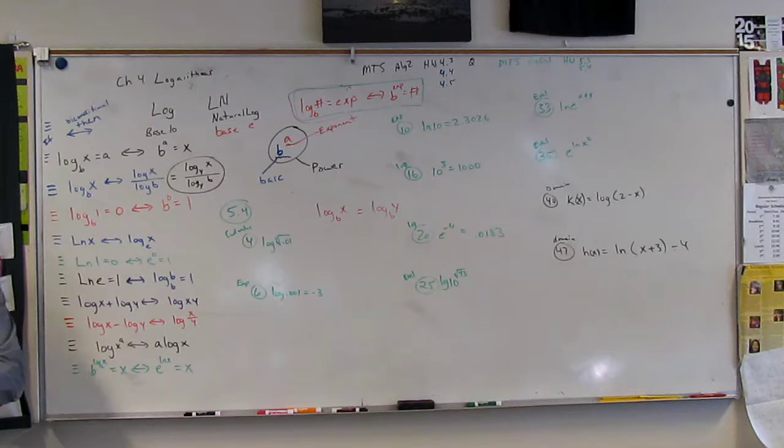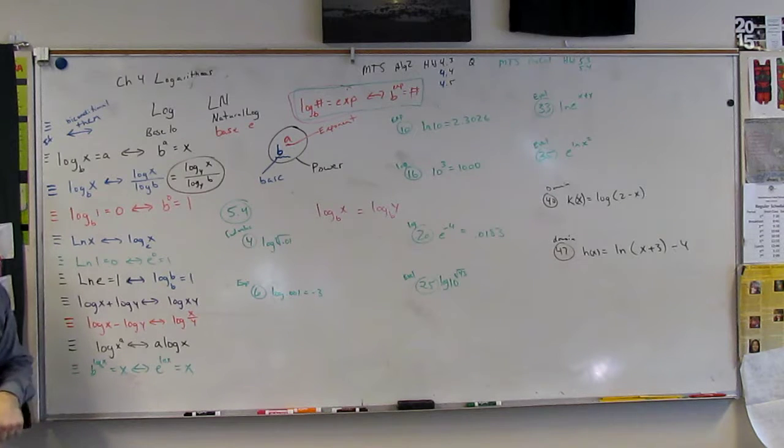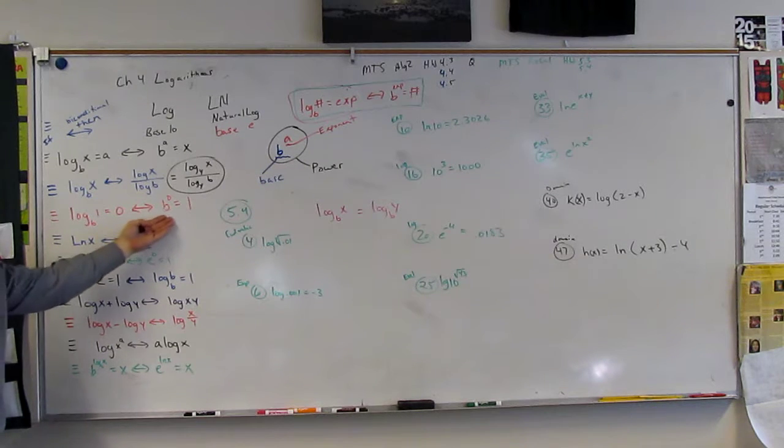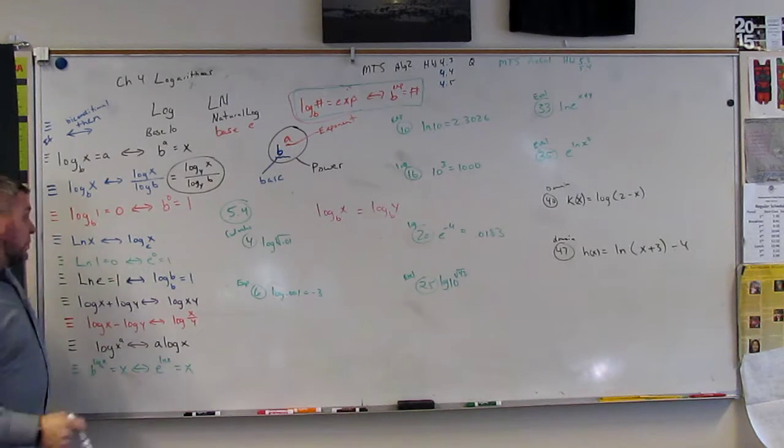Next, some really good powerful rules. One, the log base b of 1 is equal to 0. And the reason that is because b to the 0 is equal to 1. Alright, the other big rule we use is,